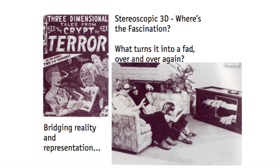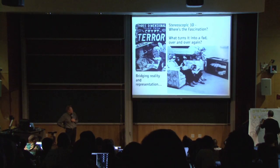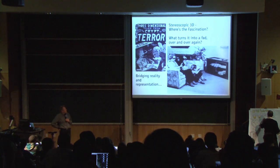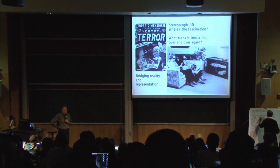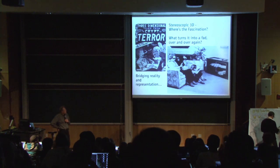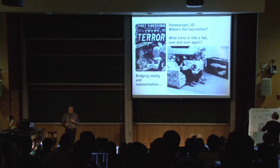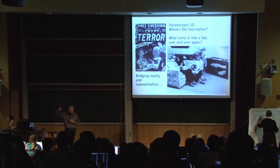And I think that if we think about stereoscopic 3D in general, we often think about something like in these pictures. So it leads to this big and kind of cliché question: where is the fascination? And why is it such a fad that seems to be coming back over and over again? Some people say it actually happens in 20-year cycles. So what we've seen recently